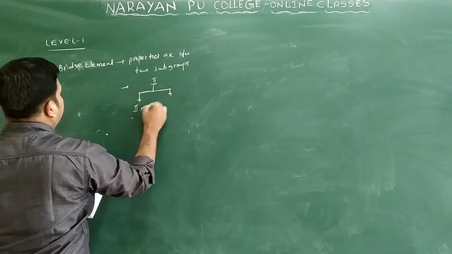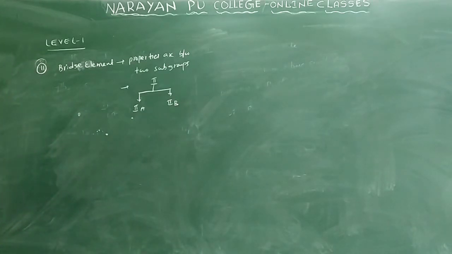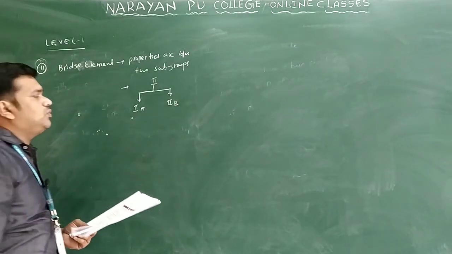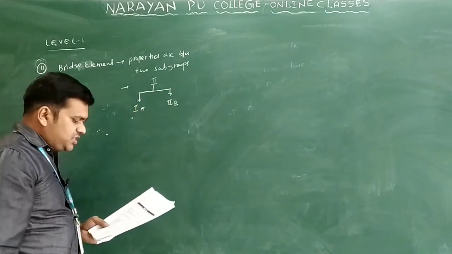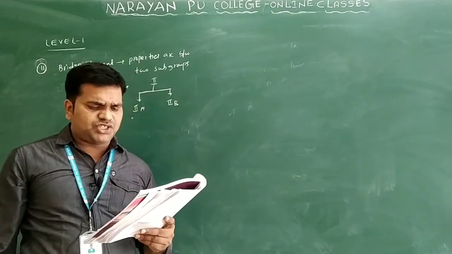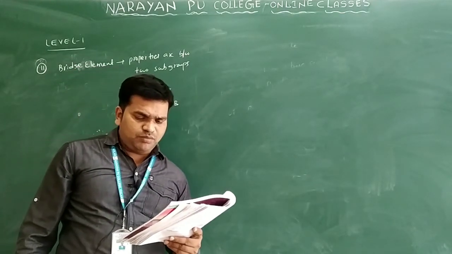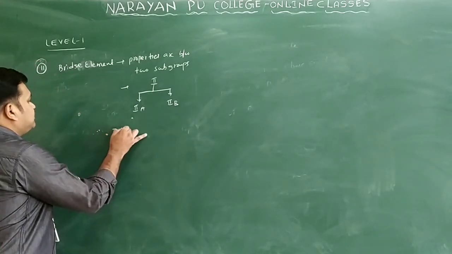Those are second A and second B. If the properties are between two subgroups of the group, this is the second group, which has second A and second B. So what are they asking here? Which of the following is known as a bridge element of the Mendeleev periodic table? They have given zinc here.